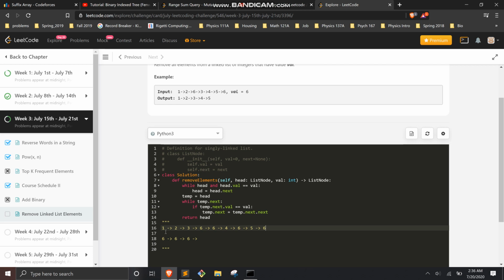Okay, so it's going to start the code here at the 1. It's going to say, well, head.val is not equal to val, so we're not going to do this. We're going to say temp equal to head, so the head points to the 1. And then temp.next exists, so we go down here, we check if temp.next.val equals val, then we set temp.next equal to that. Otherwise, we do this. So we go to the next thing, so now temp is pointing to the 2,